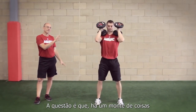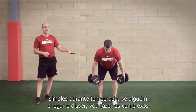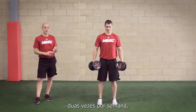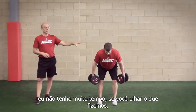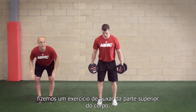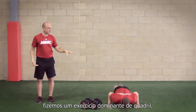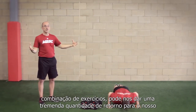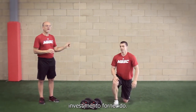There's a bunch of things I like about these complexes, but one of the things that I like, this is a great simple in-season workout. If somebody just came in and said, hey, I'm going to bang out my complexes twice a week, I don't have a lot of access to weights, I don't have a lot of time, if you look at what we've done, we've got an explosive power exercise done. We've gotten an upper body pulling exercise done, we've gotten a knee dominant exercise done, we've gotten a hip dominant exercise done, and we've got our upper body press done. This type of combination of exercises can give us a tremendous amount of bang for our buck,